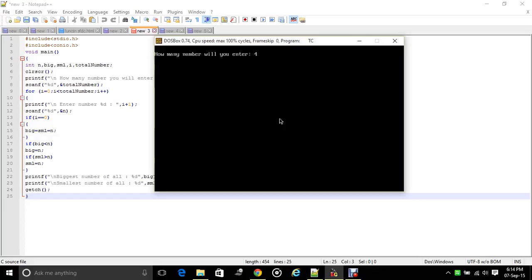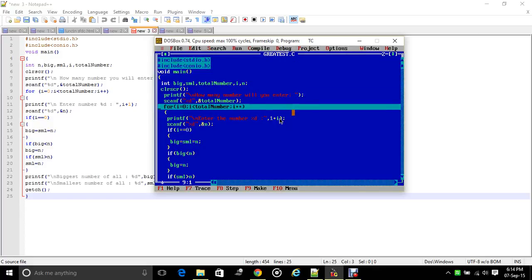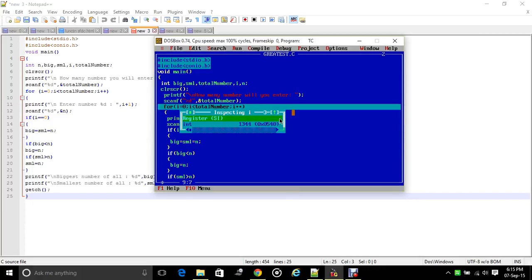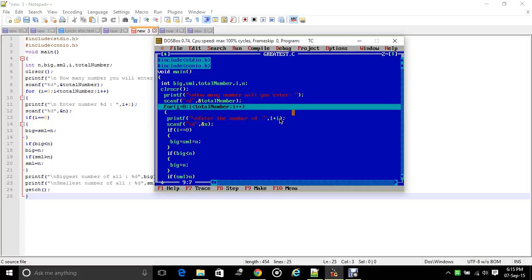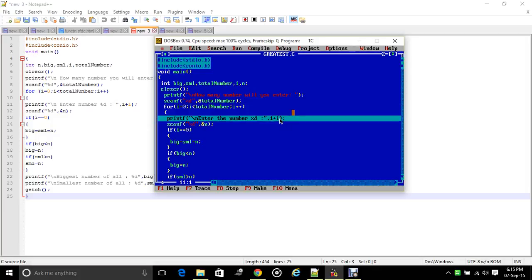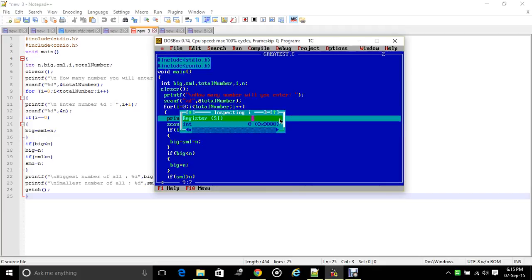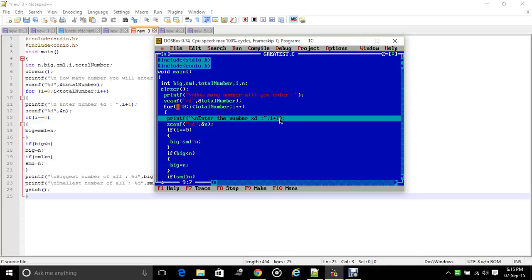As soon as I press the enter button, the compiler goes back to the blue screen, because we are not compiling the program by Ctrl F9. I am compiling line by line by pressing F7, and I am pressing enter to go back to the loop. And how do we check what value a variable has stored? By pressing Alt F4 I can check that it is an integer type, and again I press F7. Now we will check the I value by pressing Alt F4. Now the I value is 0, as we initialized it.